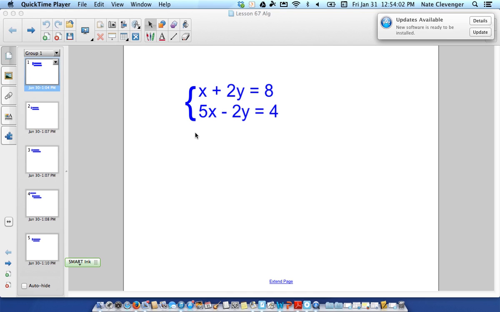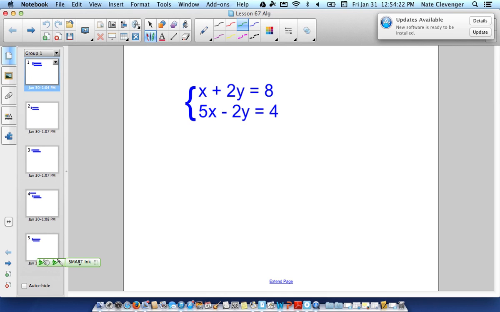What we're going to attempt to do is take a problem that's already set up to us appropriately, and we're going to eliminate one of our variables by adding columns down. So if we take this particular problem and we add our columns, meaning I'm just going to add my x's down, my y's down, and then my constants down. 1x plus 5x is 6x. Plus 2 minus 2 is